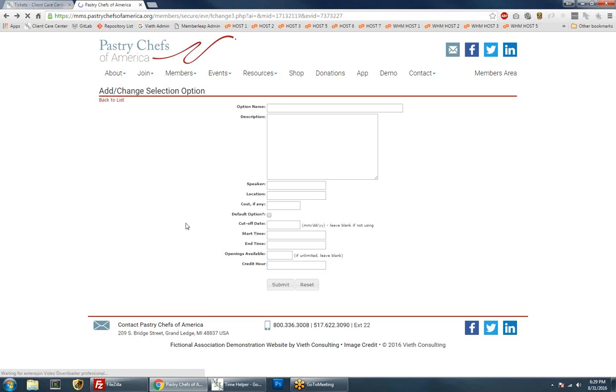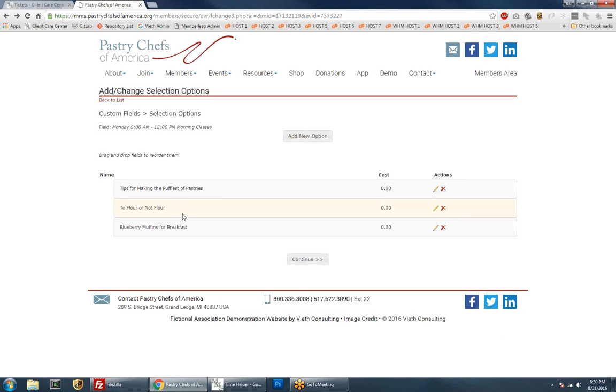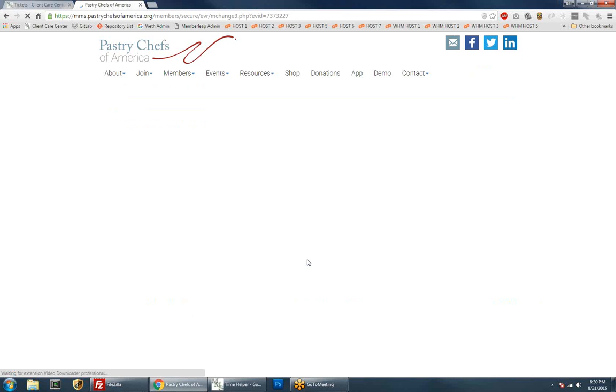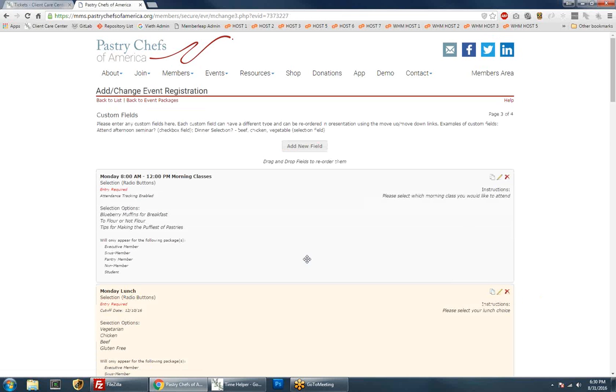And as you create these, they will just line themselves up in a row in this table right here. And just like the normal fields, you can grab and drag and drop these any way that you want. And that's the order that they'll show up in, either as the radio buttons or within the dropdown. And once you click continue here, this is going to take us right back to the main page that lists all the different fields. All right, I think that's pretty much everything for custom fields within event